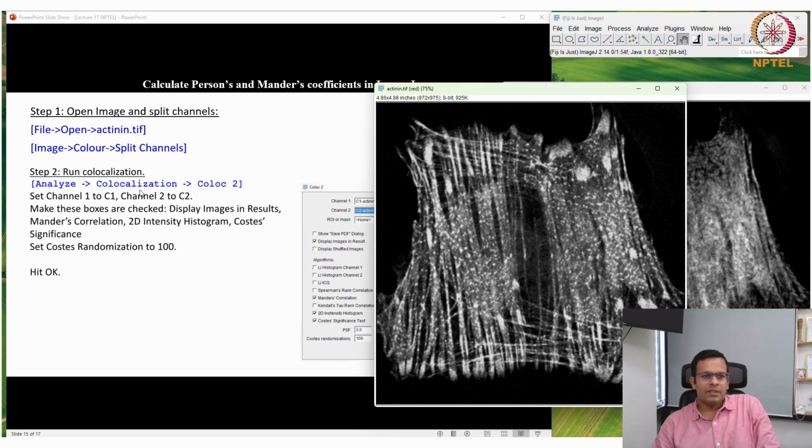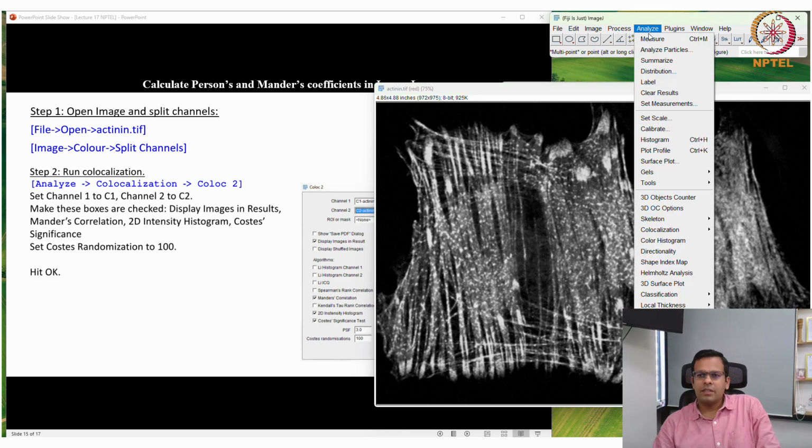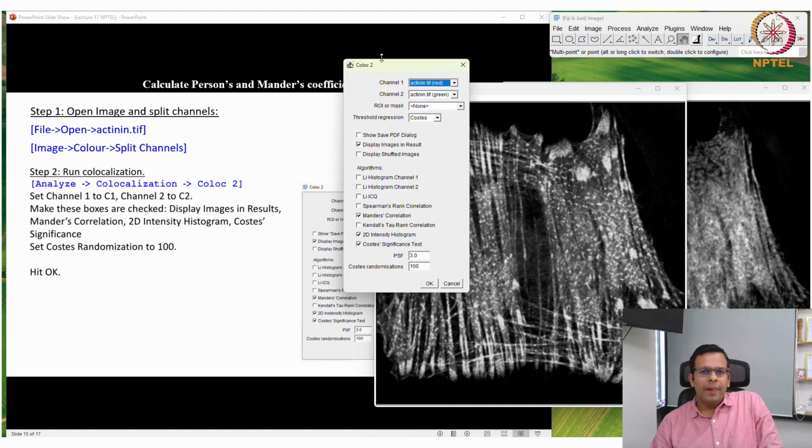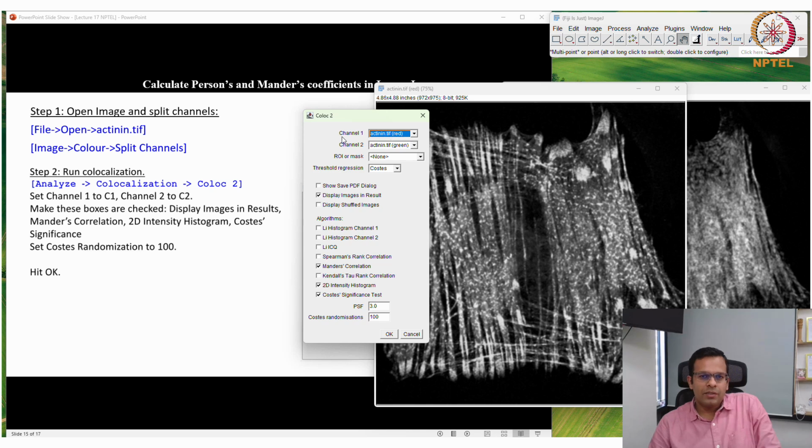Go to Analyze, Colocalization, and here it is, the Coloc 2 plugin. Here we have to define the channels. Channel 1 is red, channel 2 is green. Then some other parameters are mentioned here.